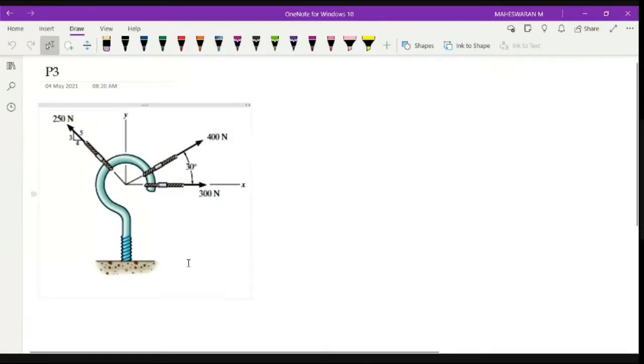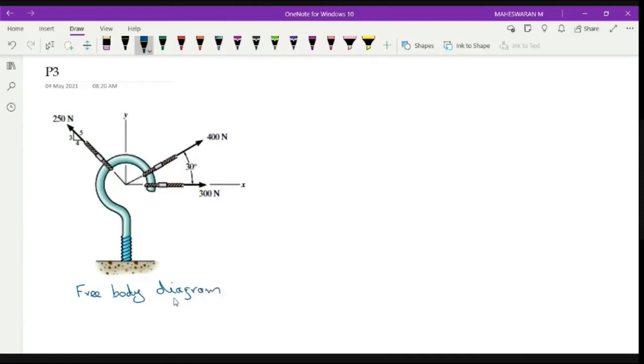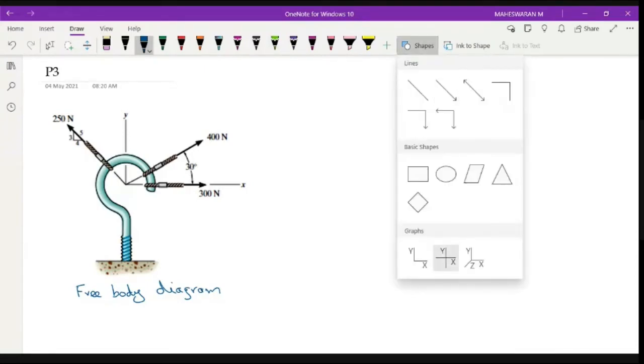It has a combination of forces as well as these values, right? So this diagram, which is indicating the force, we call the free body diagram. First you have to achieve this free body diagram. After you achieve this free body diagram, you have to draw another diagram which is called a force diagram, right?